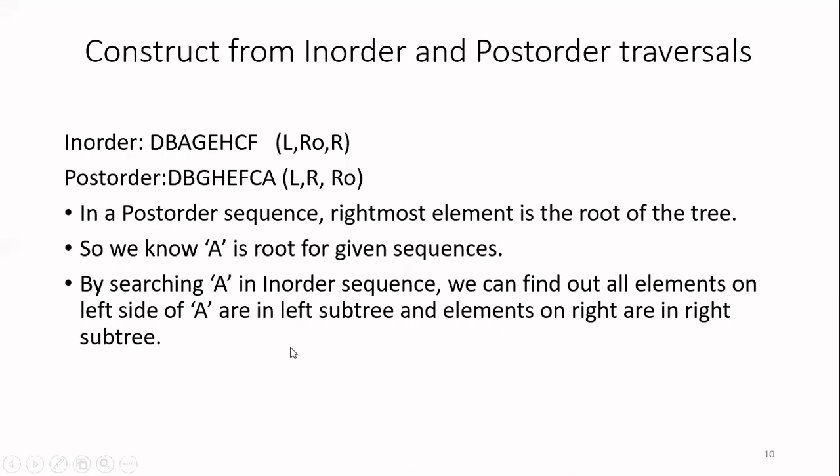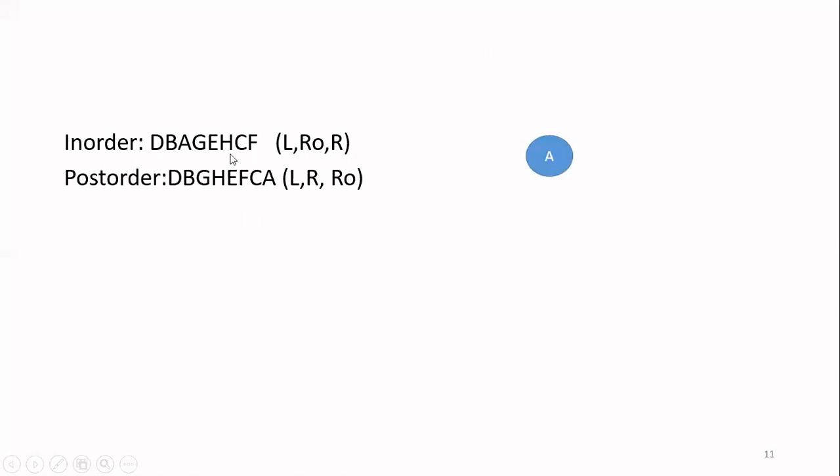Now let us continue with an example. So first, I am starting from the post-order traversal. A is the root node because it is appearing as the rightmost node. Then I am drawing this as a root node. Then to identify the left and the right subtree, I am going to the in-order traversal. So here A is appearing in this. What is to the left of A, that will be the left subtree, that is D and B. And what is to the right of A, that will be the right subtree, that is starting from G up to F. Now I am drawing them.